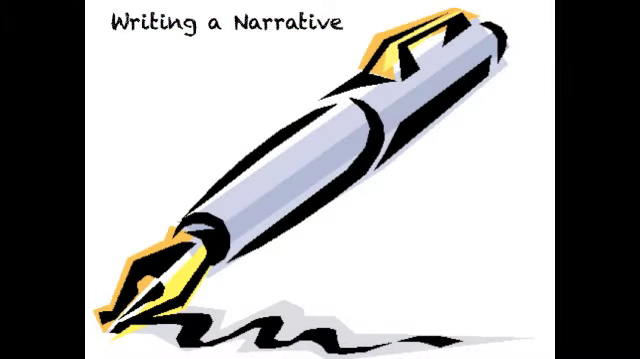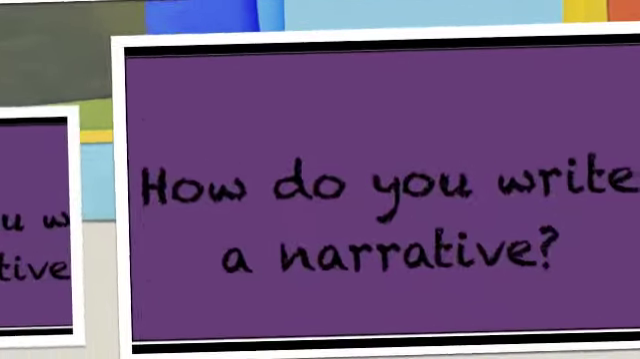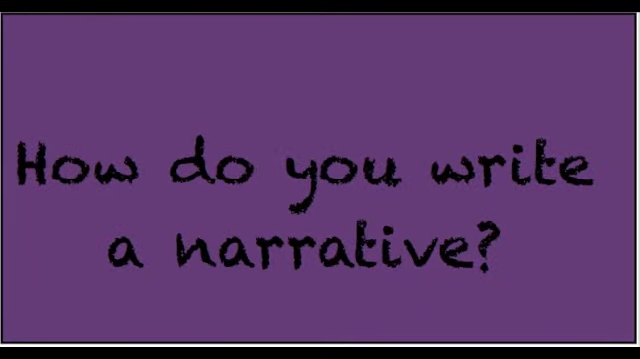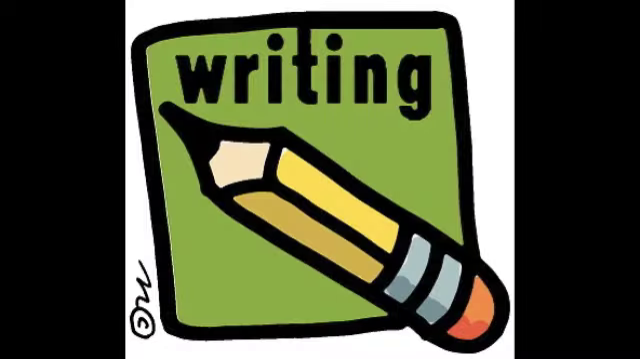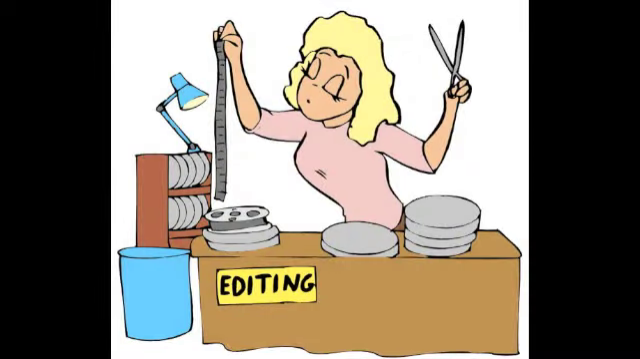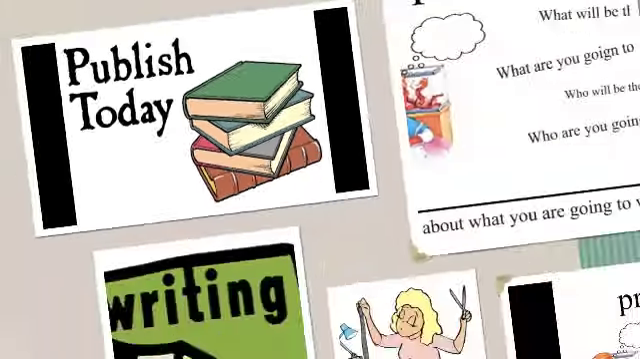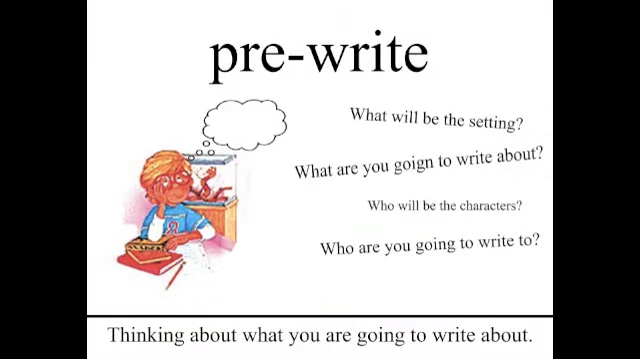How do you write a narrative? To write a narrative, you need to follow the writing process. First, pre-writing. Next, writing. Then, editing. Finally, publishing. Pre-writing. Before you write your narrative, you need to develop the details of your story by using a